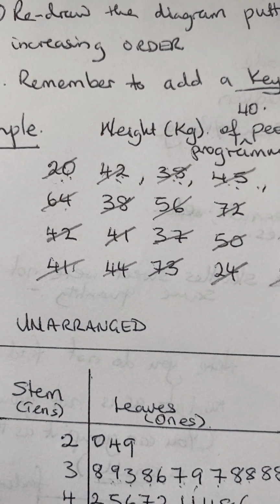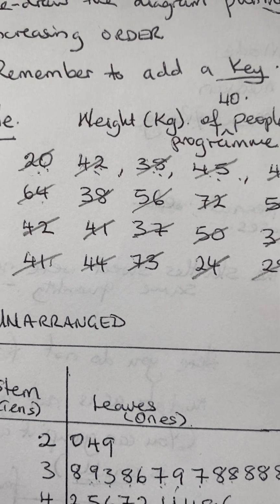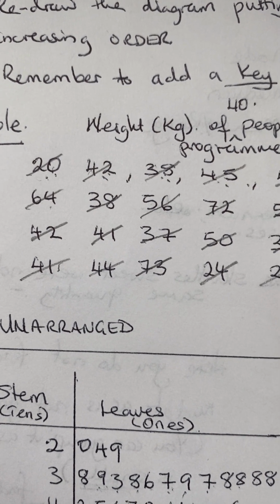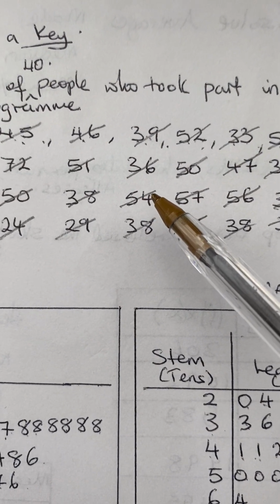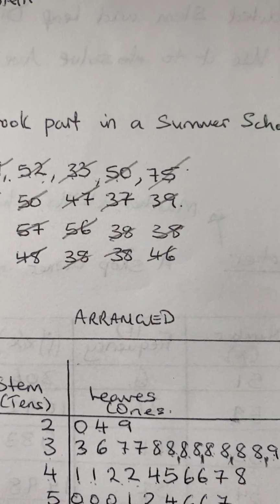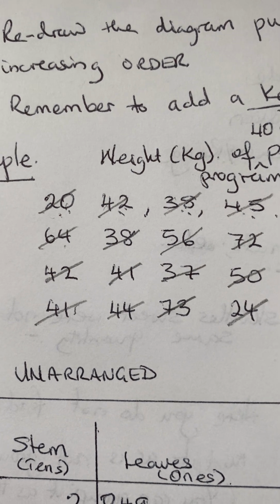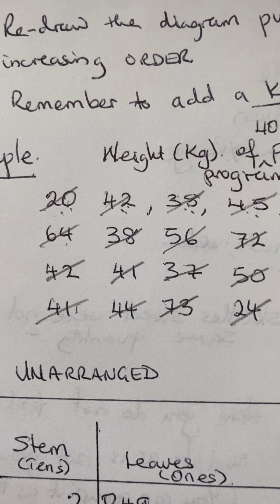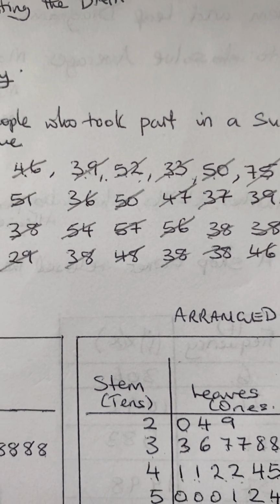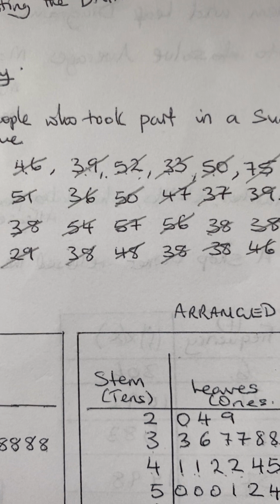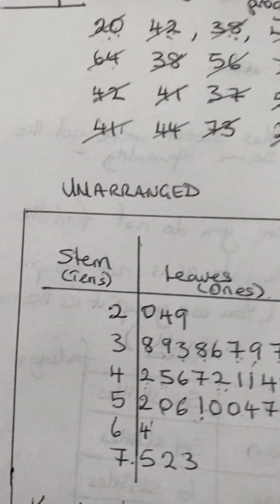Let me quickly scan through so that you can see properly and draw it closer. I'll give it to you in sections. You can pause and write it down. So this is another section. If I show it all at once, you might not be able to see it. So this is the first 4, and the next 6. In all there are 40, because I've counted them, and hopefully you can see this one.